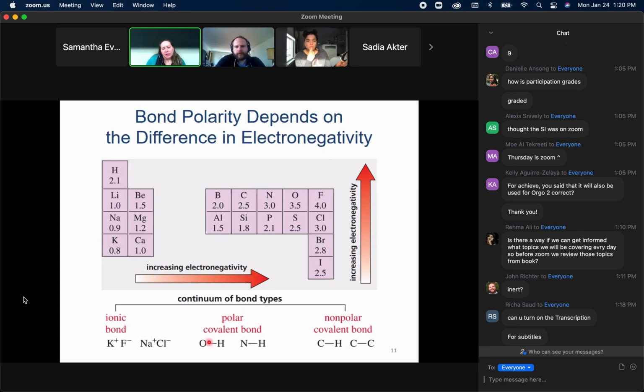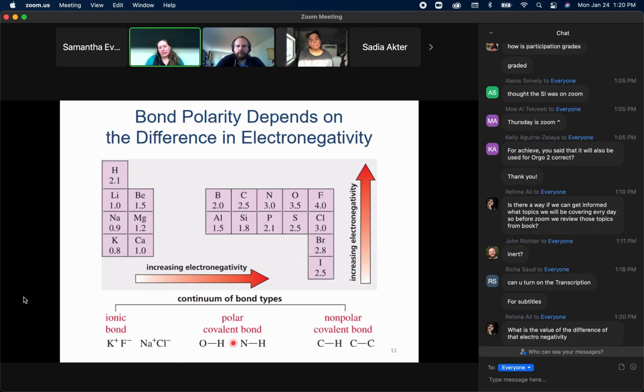The oxygen in OH and the nitrogen in NH, also all of the fluorines, if it were like a fluorine-carbon bond, for example. These highly electronegative elements are called electronegative because they're more comfortable carrying that negative charge of that extra electron density. So